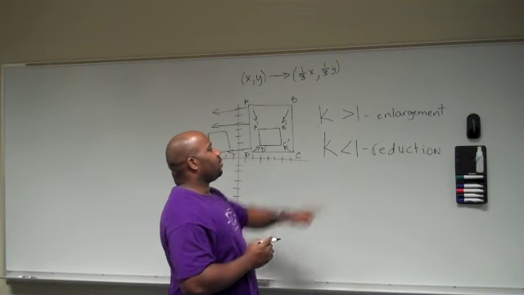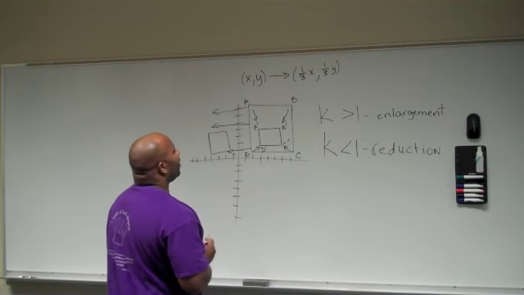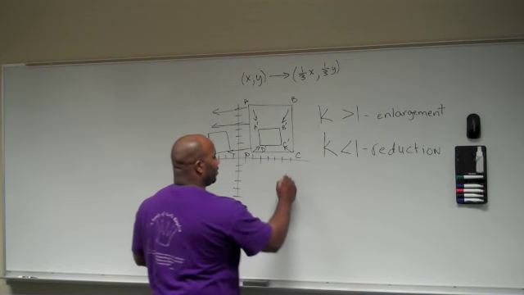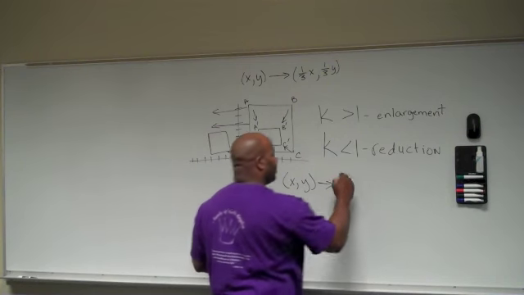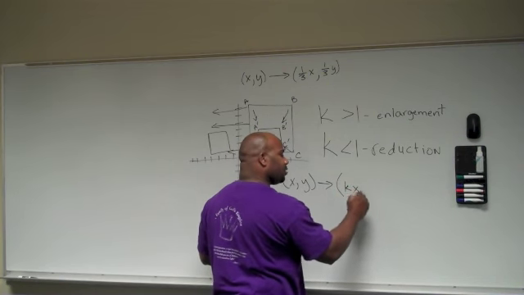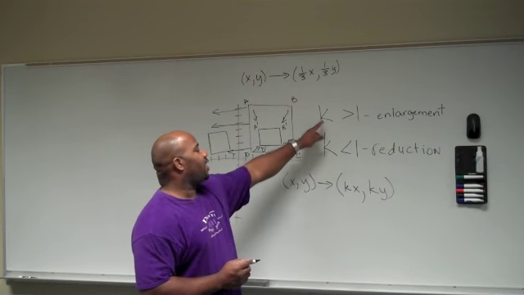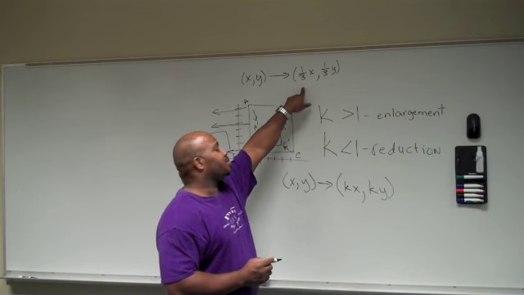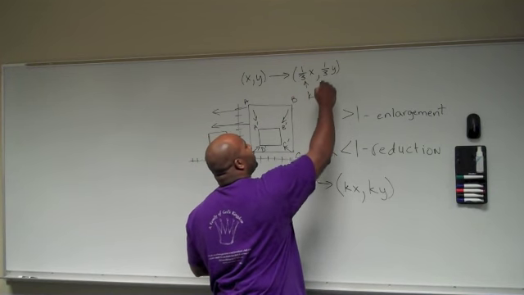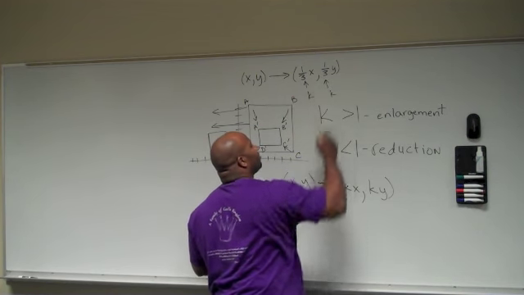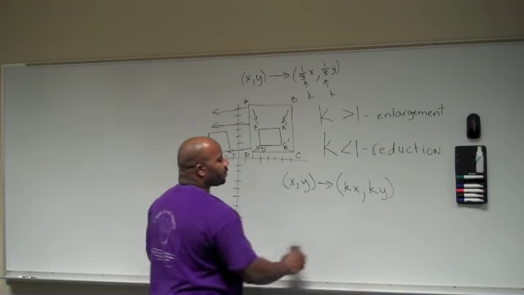Okay, so you may say, I remember k, but where did it come from? Our (x, y) goes to some other (x, y). So that's (kx, ky), which means this k represents that number in front. In this case, our k is 1/3. Okay? So today, now that we remember this,